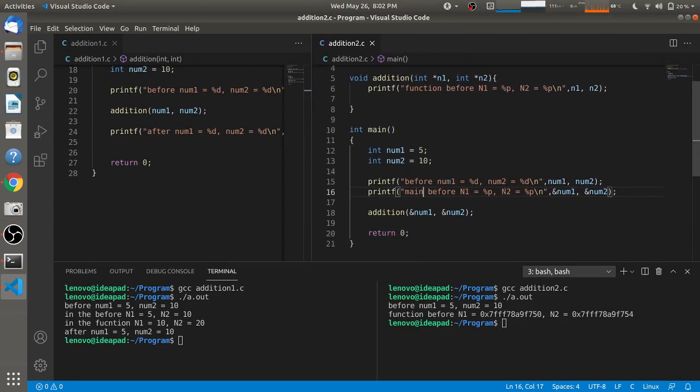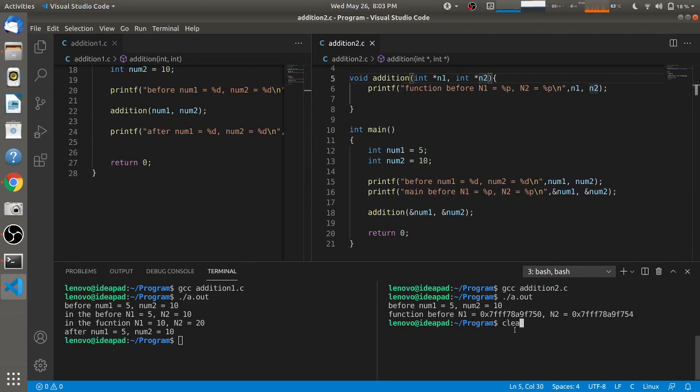As we have added one more line printing the address of num1 and num2, and we are printing the address of n1 and n2, if those addresses are matching, then we will know that the address of num1 is getting passed into n1, and the address of num2 is getting passed into n2 using this address-of operator and by calling this function.